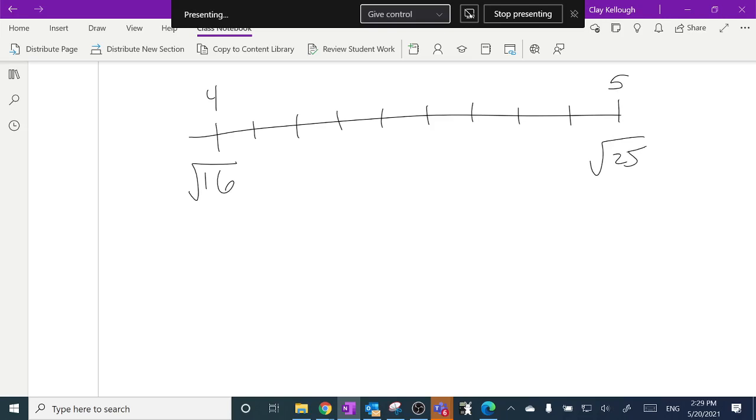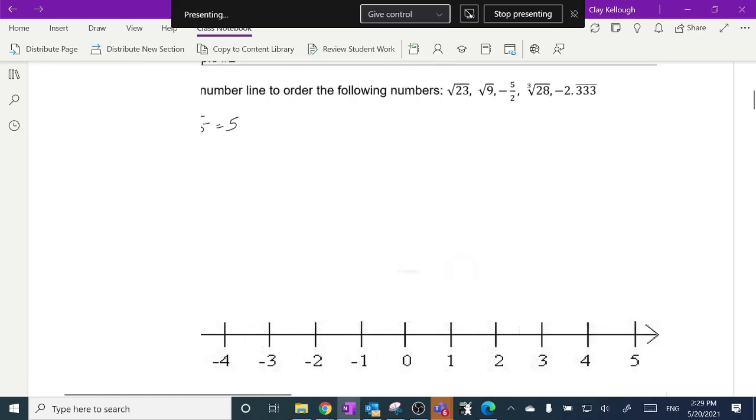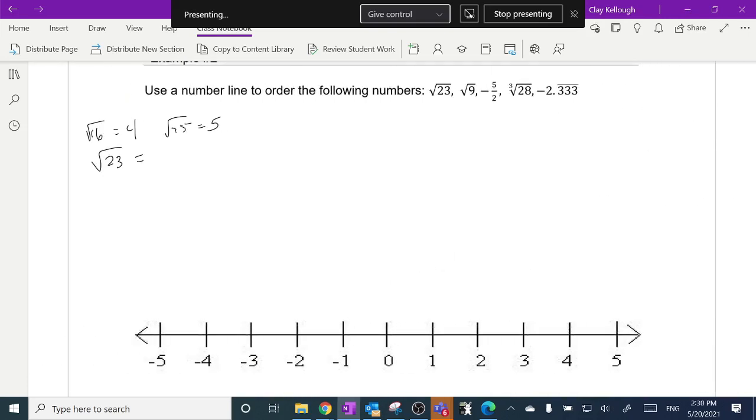Well, then where would the square root of 23 be? So this will be the square root of 17. This will be the square root of 18, 19, 20, 21, 22, 23. So this is the square root of 23. So there we go. So this is 4 and 1, 2, 3, 4, 5, 6, 7 over 1, 2, 3, 4, 5, 6, 7, 8, 9. So it's 4 and 7/9. That's my estimate. So the square root of 23 is approximately 4 and 7/9, where, again, the 9 trick tells us